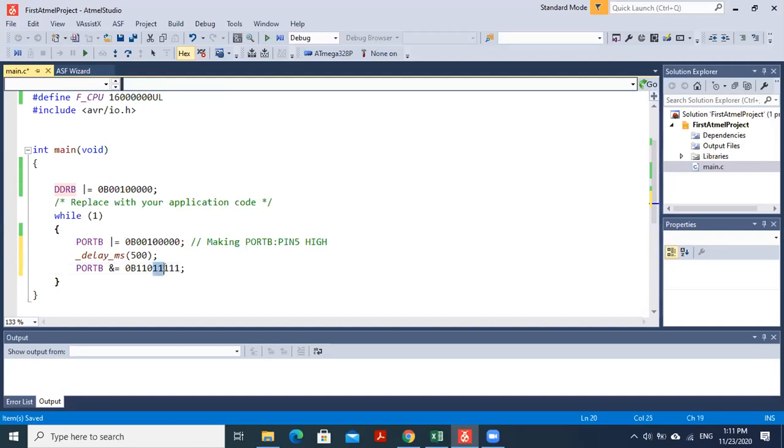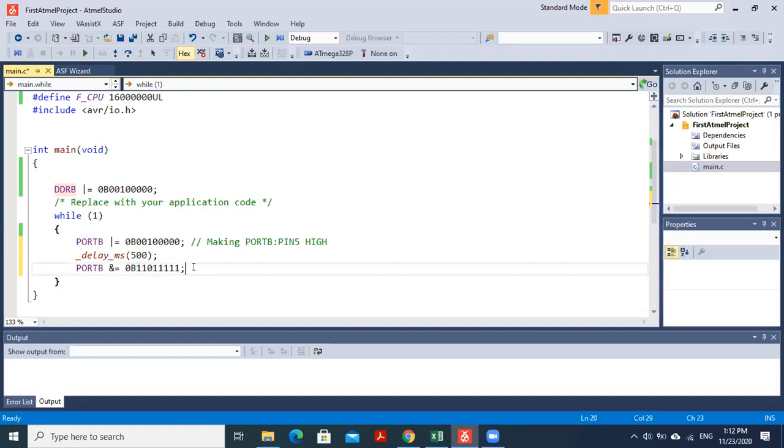So these bits, bit 0 to 4, won't change by ANDing with this one, because when I AND something with 1 it will remain the same. But the fifth pin I'm ANDing with 0, and if I AND with 0, that will automatically become 0 irrespective of the previous value, right? Again the next two I'm ANDing with 1 and 1, so the value won't change, right?